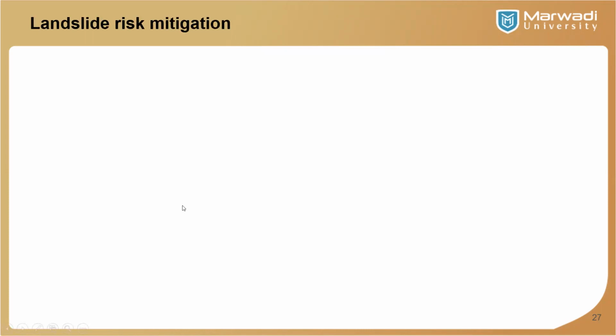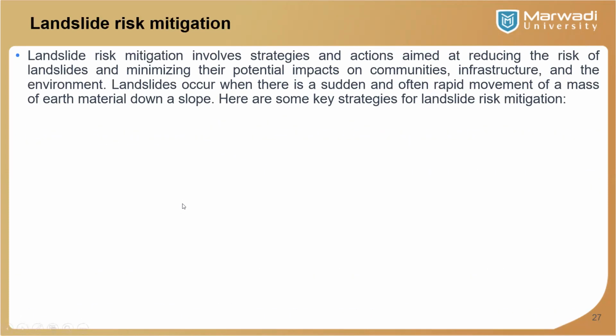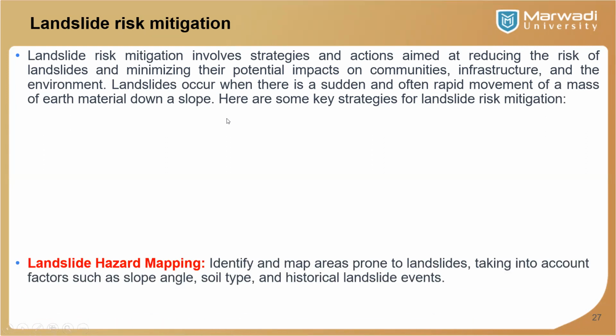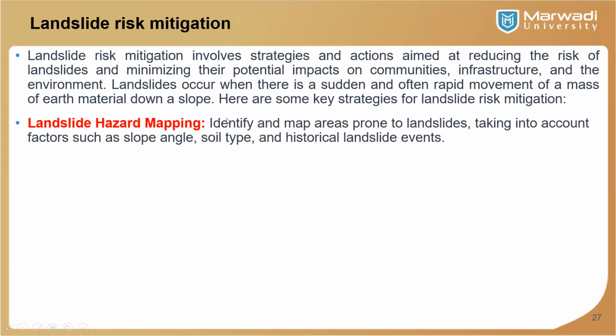So landslide risk mitigation involves strategies and actions aimed at reducing the risk of landslides and minimizing their potential impacts on communities and infrastructure. A landslide occurs when there is a sudden and often rapid movement of a mass of earth material down a slope. So some strategies are landslide hazard mapping,